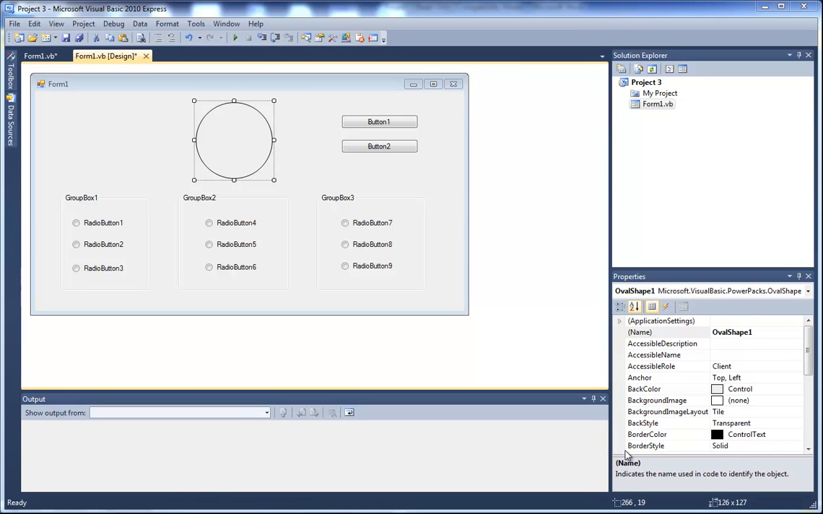Hi, welcome to Project 3 in our Visual Basic unit. Project 3 is very similar to Project 2, but instead of just changing colors, we're going to change other properties